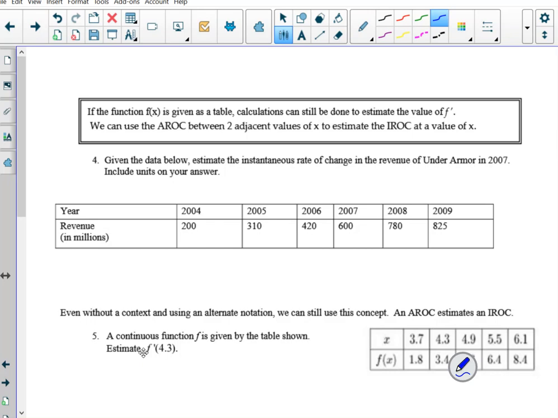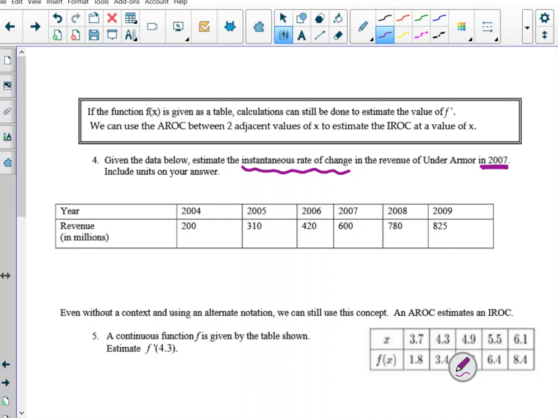Now, a couple things. First of all, the vocabulary here. Instantaneous rate of change tells you this is a calculus question, not an algebra question. Actually, the fun thing is that we're going to use algebra to estimate it. And we're only looking for the slope at one point. The way we're going to do that, however, is 100% because of the relationship between an average rate of change and an instantaneous rate of change. That secant line slope can be turned into the